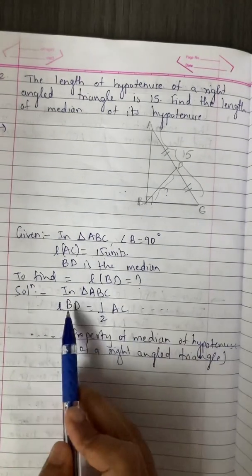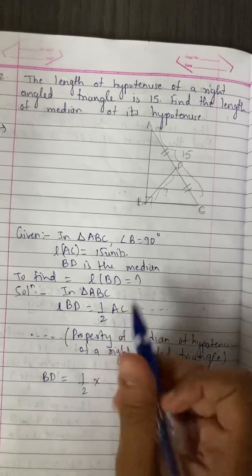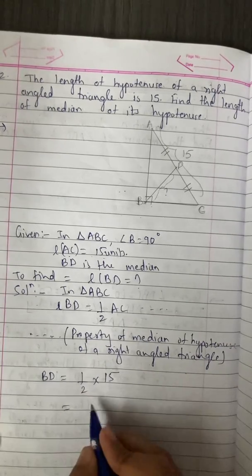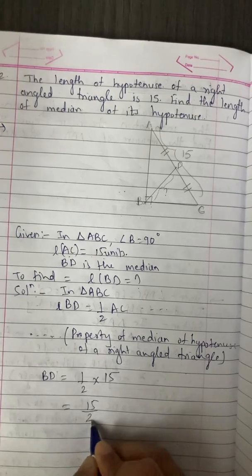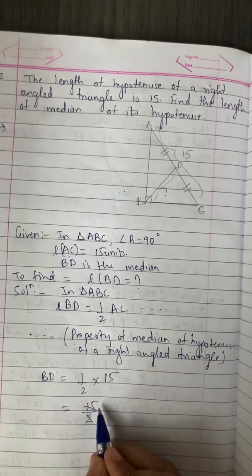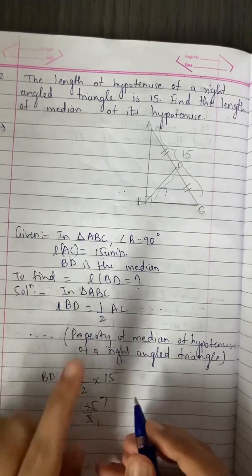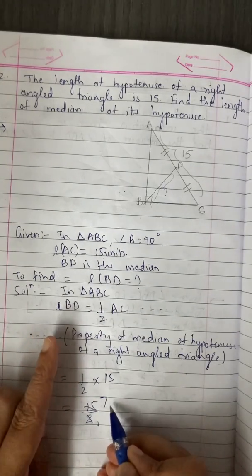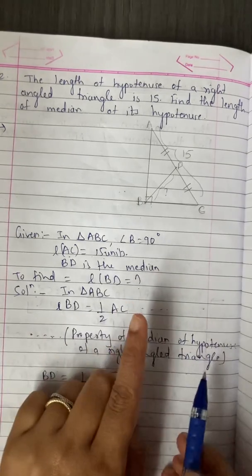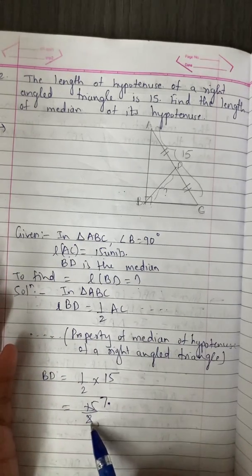So now just substitute the values. We don't know the value of BD because we have yet to find out. Write down half and write down the value of AC, which we already know is 15 units. So we have to divide 15 by 2. You can do the normal division also. So 2 ones are 2. And see whether 15 comes in 2's table. It does not come. So which number comes? 14 comes. So 2 sevens are 14. So out of 15, when we take 14, 1 will remain. So 1 again does not come in 2's table. So we have to give a point. When we give a point, in front of 1, 0 is added. So 10 we have now. So when we have 10, it easily comes in 2's table.